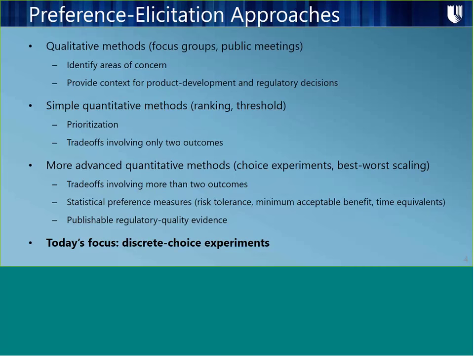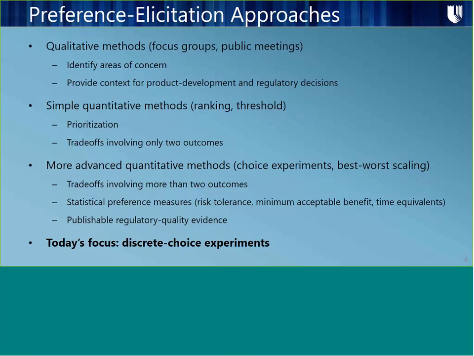And then there are more advanced quantitative methods, such as choice experiments and best-worst scaling, which are really designed to be the methods to provide preferences in their most refined form, if you will. They focus on obtaining measures of preferences that are as granular and as statistically significant as possible. And there are other methods, depending on which